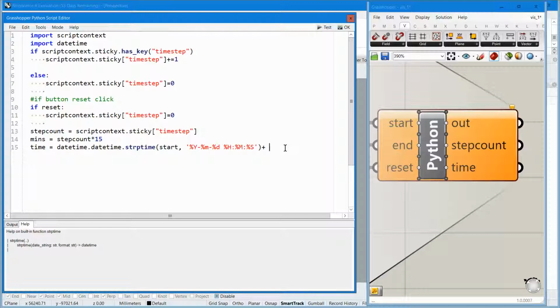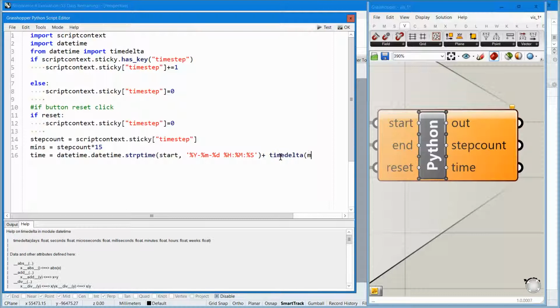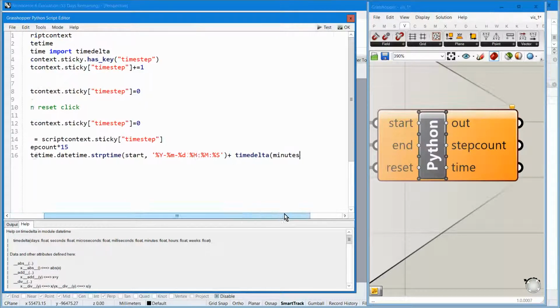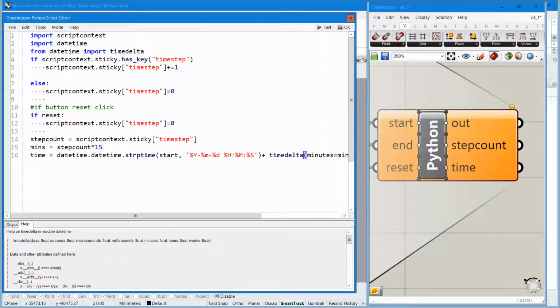and then on top of the start time, we need to add the number of minutes, and we do that using part of the datetime module called timedelta to increment. So we can put timedelta minutes equals mins that we calculated. And then similarly, on the next line, we can get the end time in the same way. So I just need to copy this, change start to end,